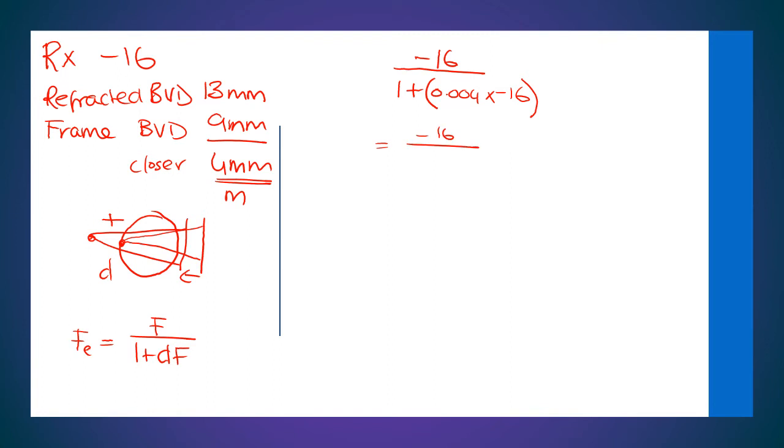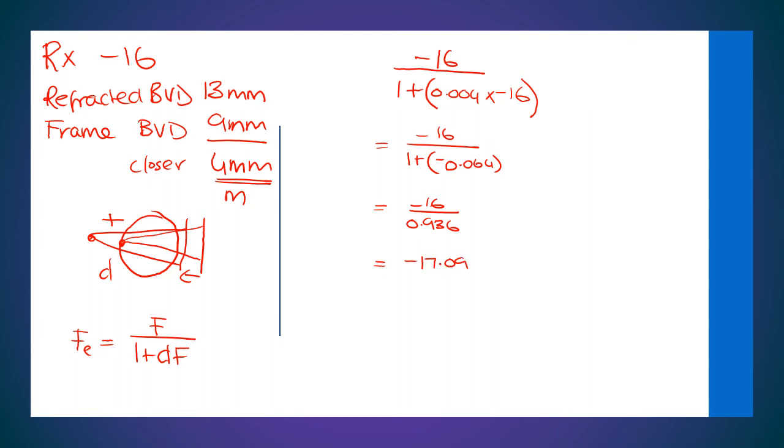So minus 16 over 1 plus minus 0.064. And then do the bottom half over here, so minus 16 over 0.936,